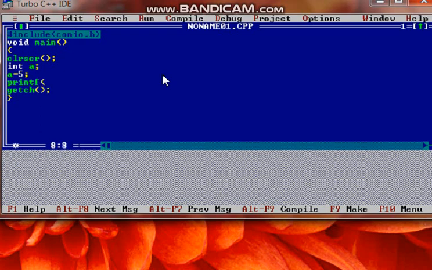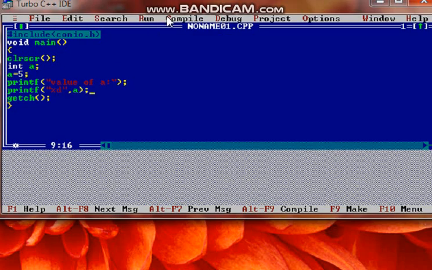Printf. I will print both value and message. First, the message. How to print a message? Printf parenthesis, double quote, and print your message: Value of a. This is the message. Now see how to print the message again. Printf parenthesis, double quote, value of a, and now you want to print the value. So again printf. Printf always gives you output. Now to print a value, printf parenthesis, double quote, %d, double quote, comma and a. Printf will print with the help of %d and print the value of a.